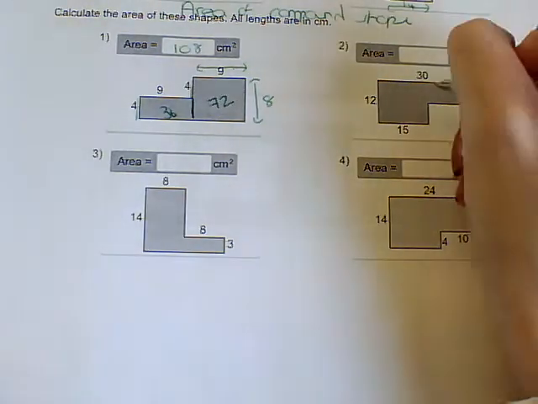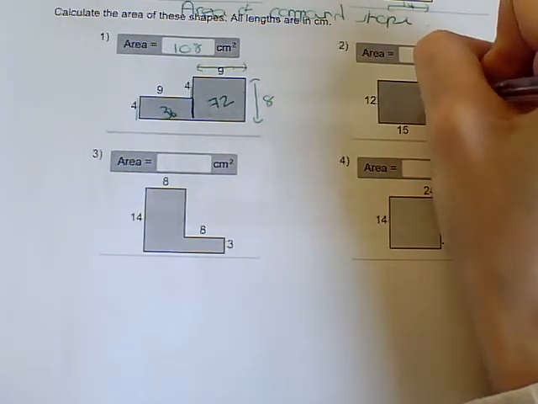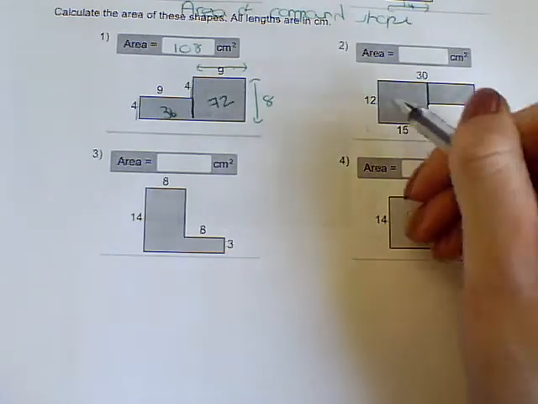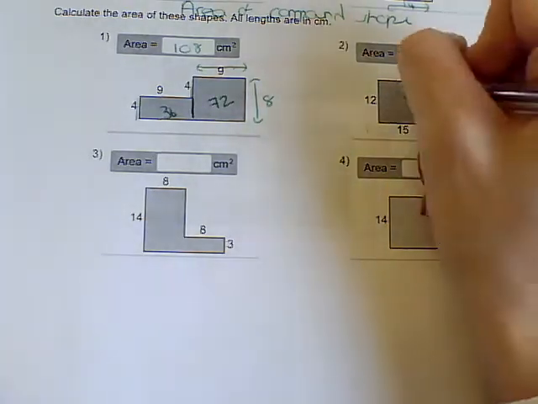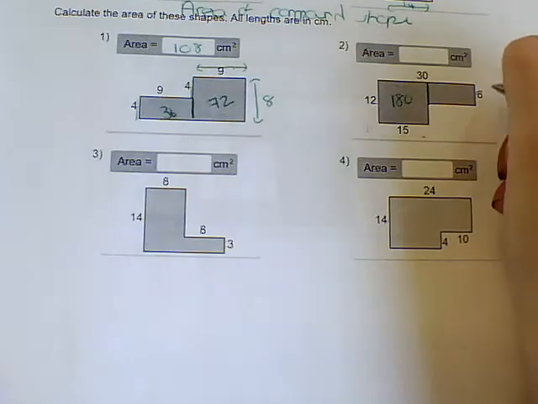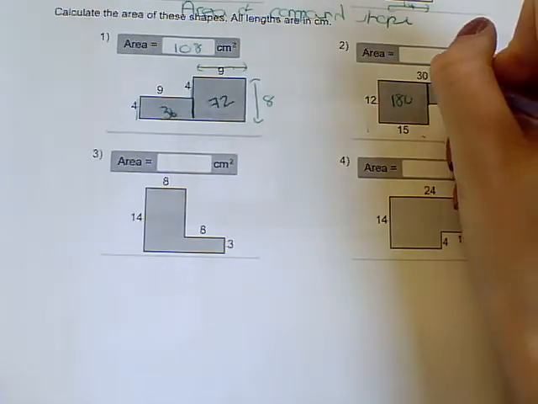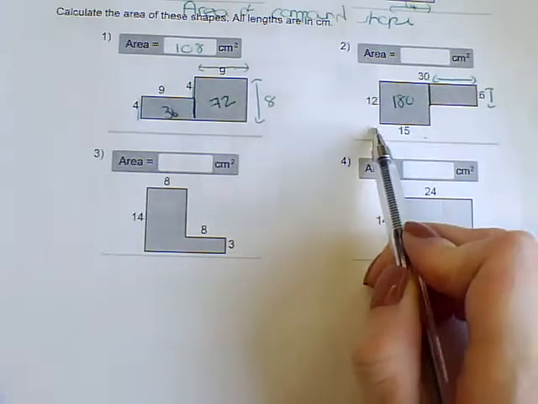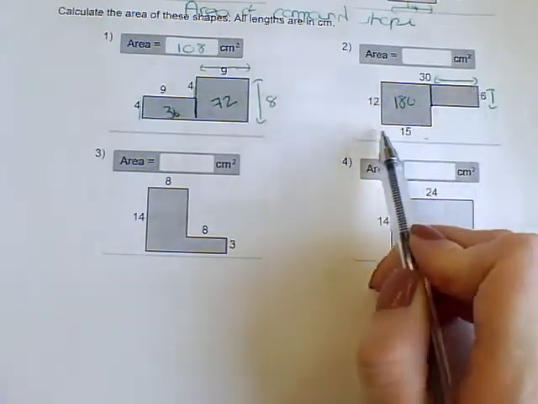If we look at question 2, I'm going to do my split here, so split your shape into 2. If we look at our first rectangle, length by breadth, 12 by 15 is 180. And then length by breadth, so the whole length is 30, and we know to